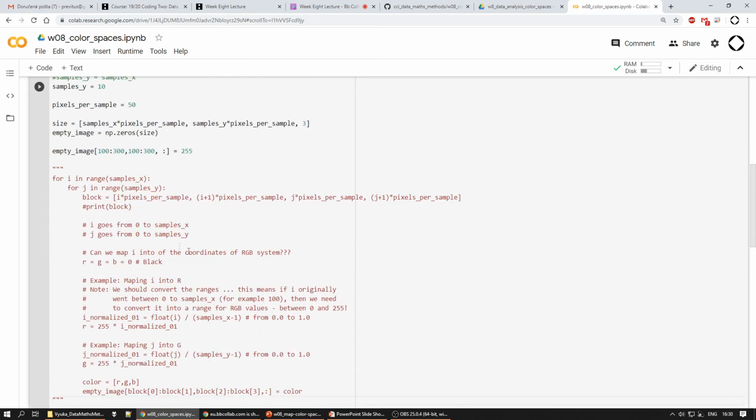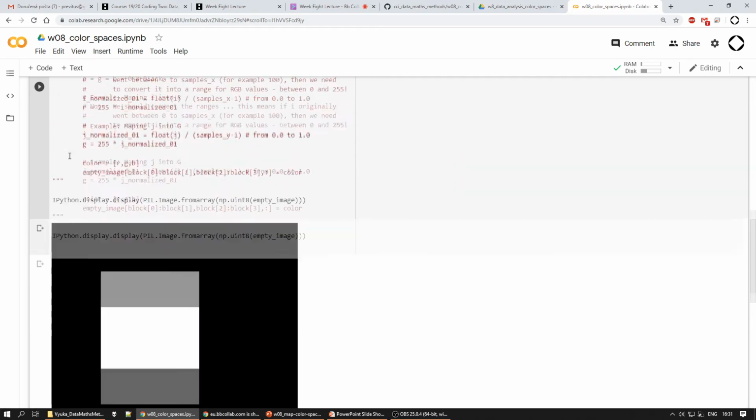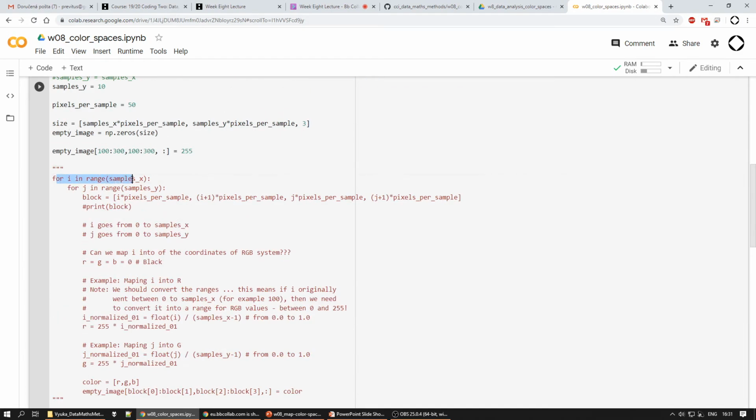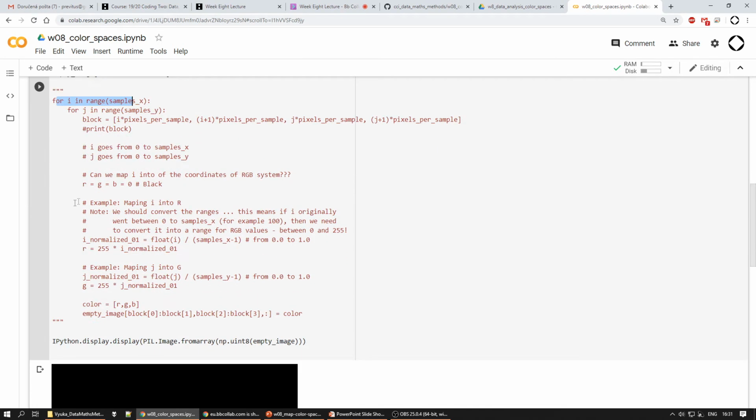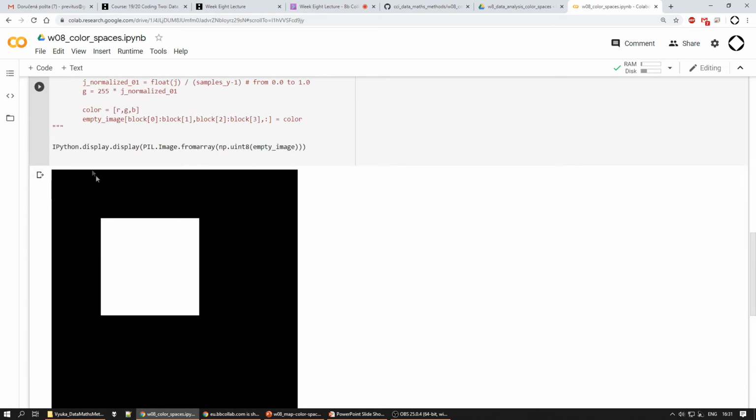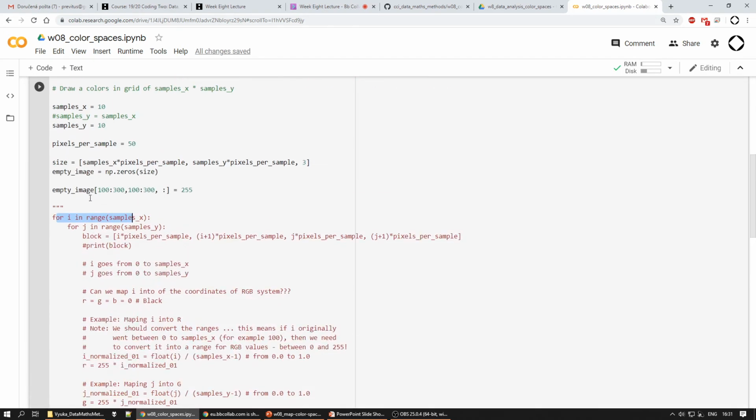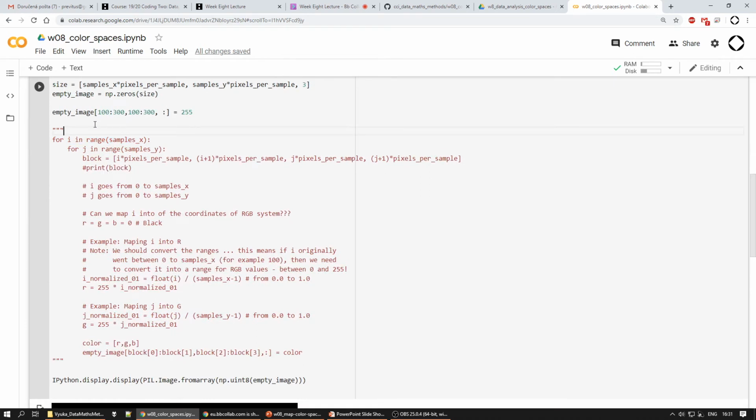Nice. Right, so what this code here does is that it goes in one direction of the X and then in the other direction of the Y, so it jumps in some blocks here and then in some blocks here. So it's like a for loop going wide and on the height as well. And then we are getting the coordinates